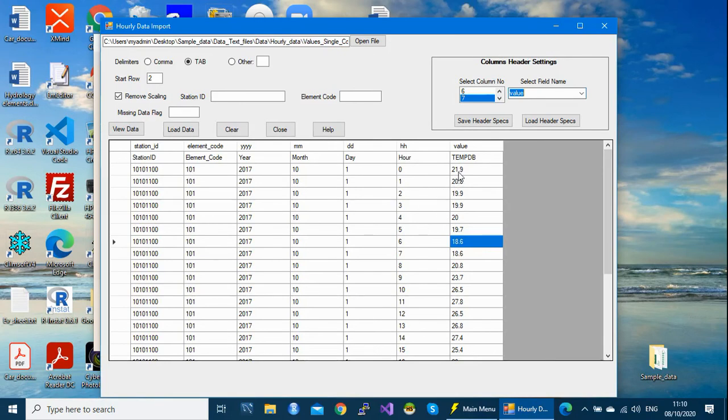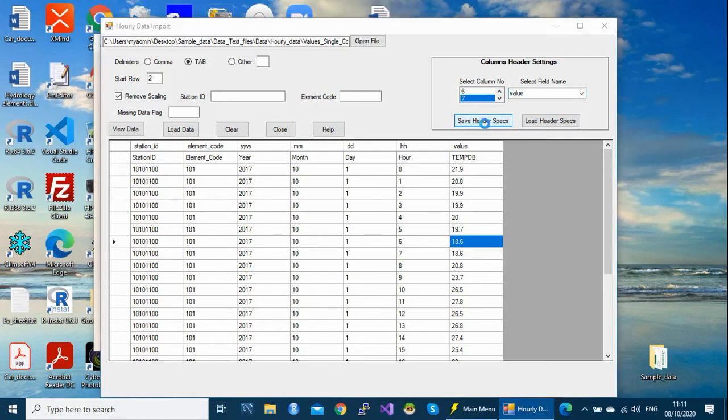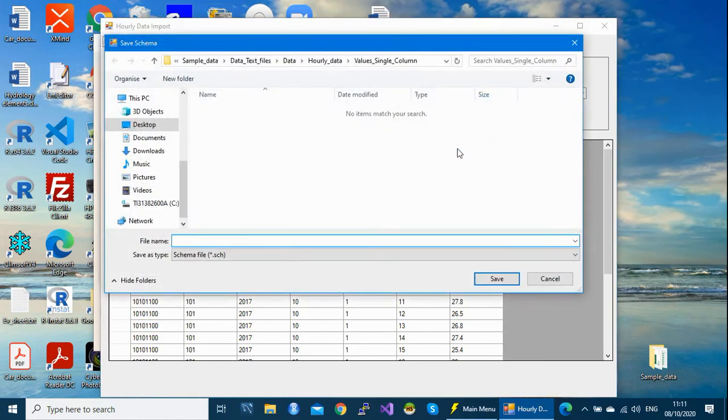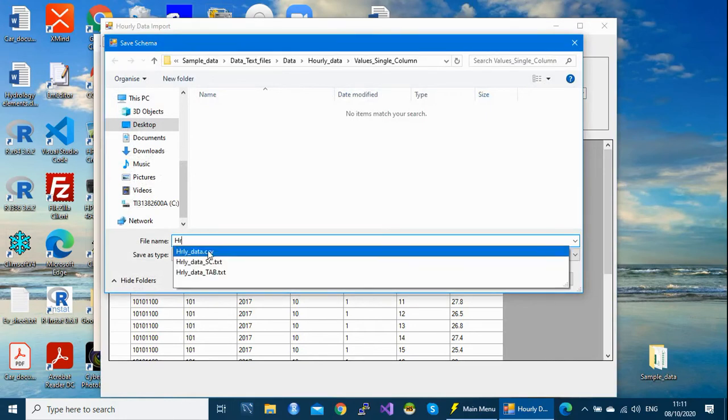So we are going to click on save header specs to save this top row of our file, so that in case we have another file with the same structure, we will call that structure, not define it afresh. If you click here, save header specs, and then you say this is hourly data, yes.